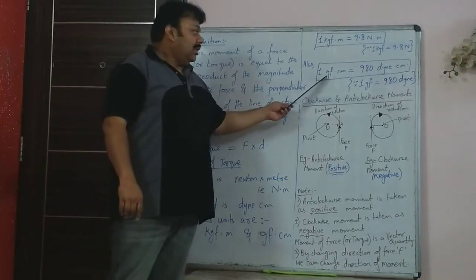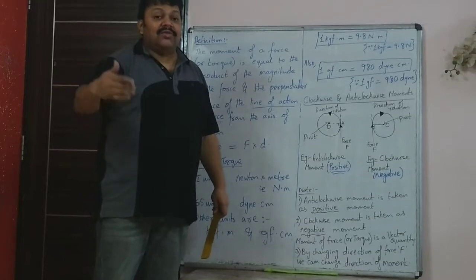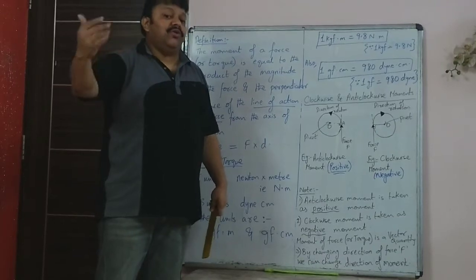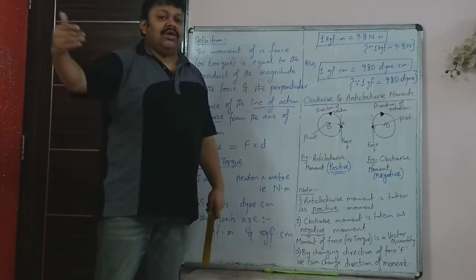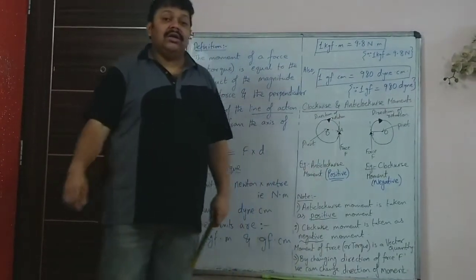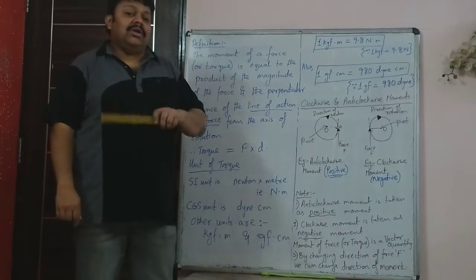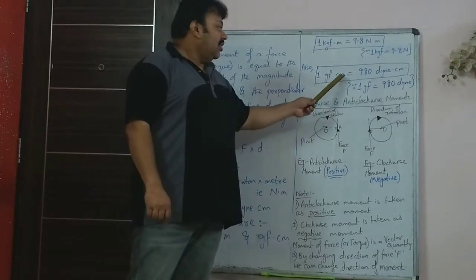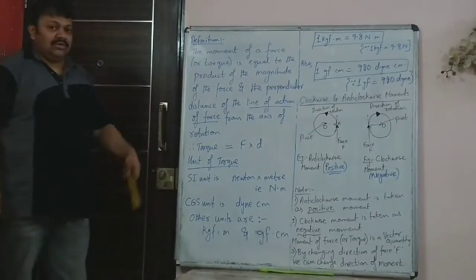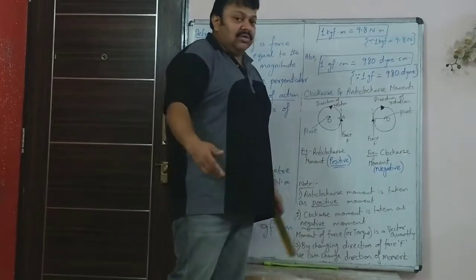And next, 1 gf centimeter. Now gf means, let's say the mass of an object is 1 gram. So its weight will not be 1 gram, it will be 1 gf. And that gf, when we convert it into dyne, you are multiplying it with 980. Why 980? Because that's the value of acceleration due to gravity in centimeter per second squared. So 1 gf centimeter is 980 dyne centimeter. There will be some basic sums on this. When you do the sums, you will come to know what the relation is and how it works.